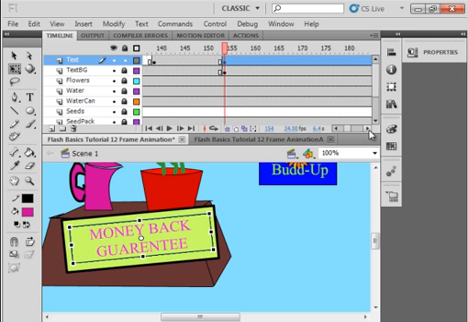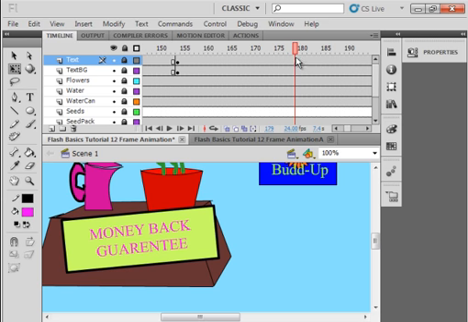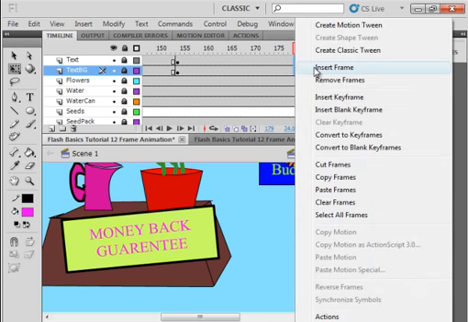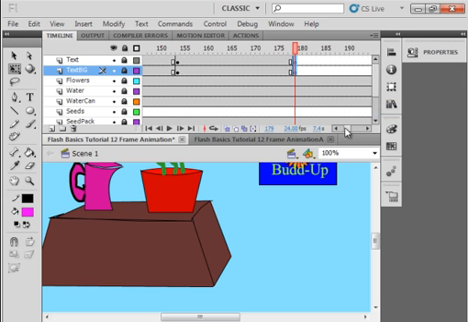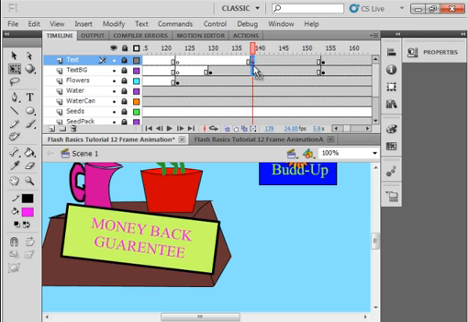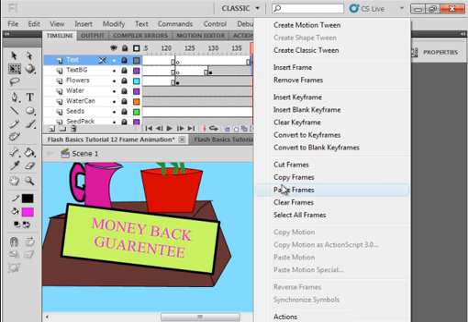Go up about 15 frames or so. Lock all layers. Select those 2 frames, right click, insert blank keyframe this time, and this is how we're going to do that. Go back to where both, click on this and grab both of those, make sure both of these layers are selected. That's where my first text layer comes. Right click, copy those 2 frames,